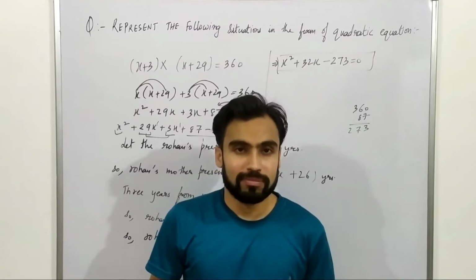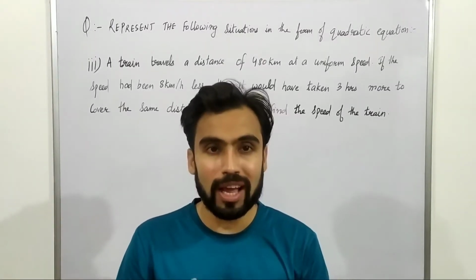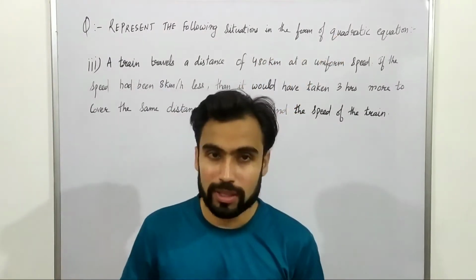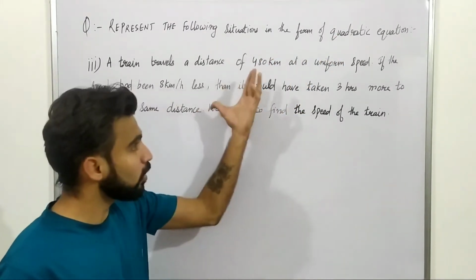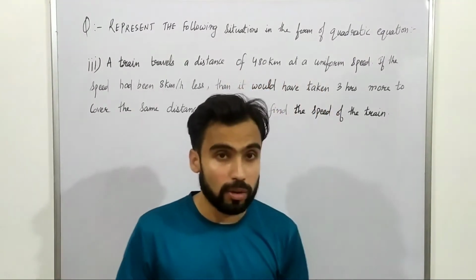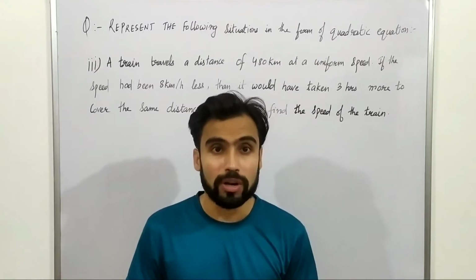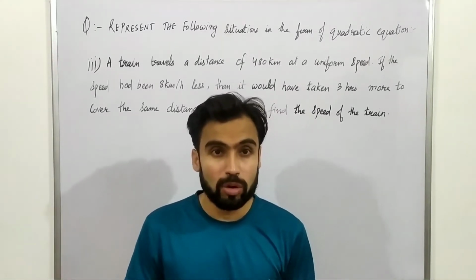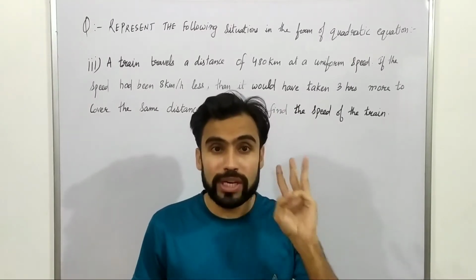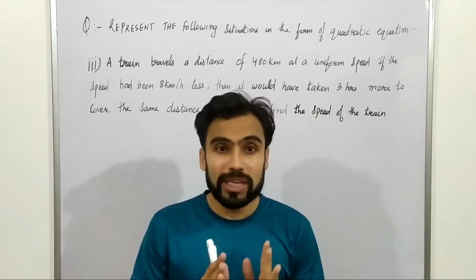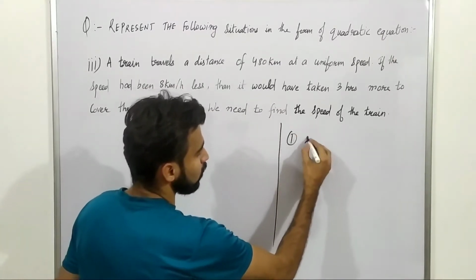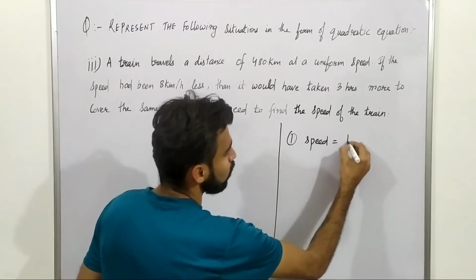That's all. So students, here I am taking the last example of a question on how to form a quadratic equation. Then I will move further. In this particular question, again you have to form a quadratic equation from the given verbal statement. This one is based on speed, distance and time. Before jumping into this question, you have to be aware of the three relations of speed, distance and time. The first relation is speed is equal to distance